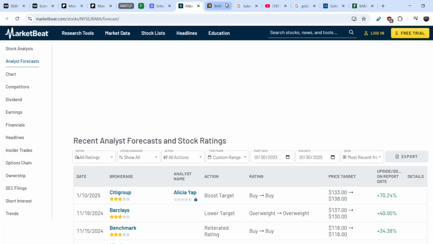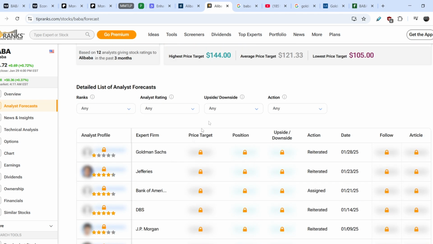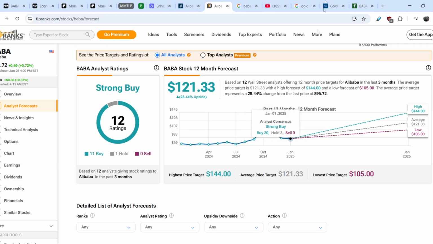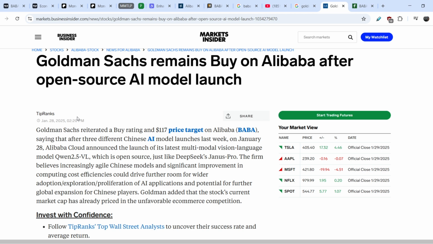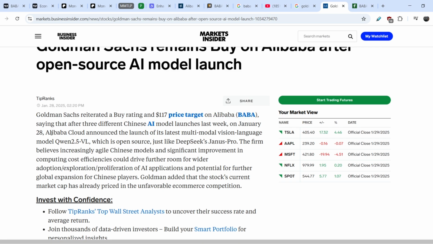First of all, I want to pay attention to the update. According to TipRanks, we have another company who reiterated their rating on Alibaba. Just 2 days ago, Goldman Sachs updated their rating, and let's take a look at what price target they set. So Goldman Sachs remains buy on Alibaba after open source AI model launch. And let me quote this. Goldman Sachs reiterated a buy rating and $117 price target on Alibaba, saying that after 3 different Chinese AI model